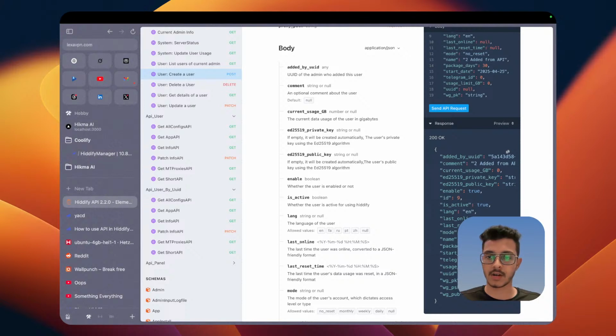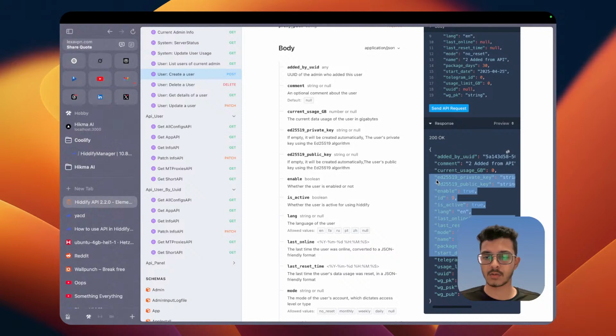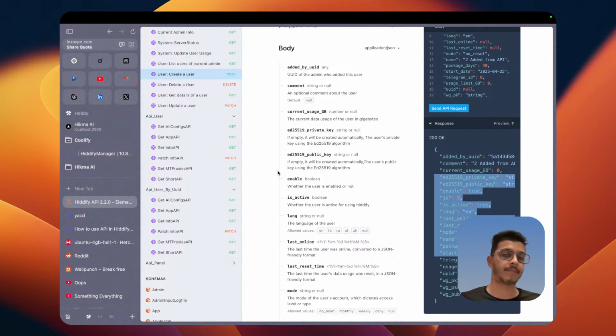പാക്കേജ് ഡേയ്സ് ഓക്കെ, സ്റ്റാർട്ട് ഡേ ഓക്കെ, ഇതൊക്കെ നമ്മൾ പാരാമീറ്ററിൽ കൊടുത്തത് തന്നെയാണ്. ഇൻപുട്ടിൽ കൊടുത്തത് തന്നെ ഔട്ട്പുട്ടിൽ വരികയാണ്. പ്രത്യേകിച്ച് ഉപകാരമുള്ള സാധനമൊന്നുമില്ല. എക്സെപ്റ്റ് UUID. ക്രിയേറ്റഡ് യൂസേഴ്സ് UUID ആണ് എന്നത്. ഓക്കെ, യെസ്. And the next thing that we really want is